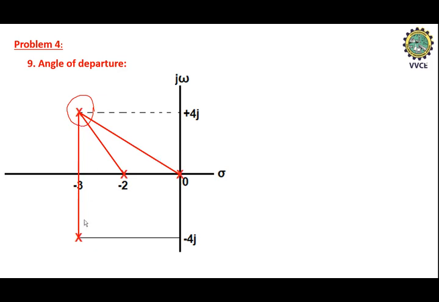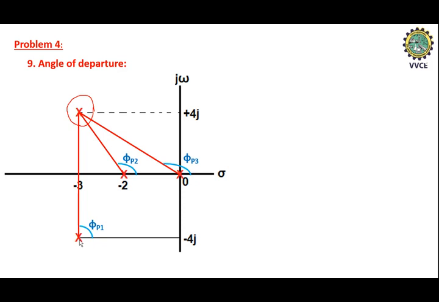So mark this, connect all the points, and with respect to the real axis and also with respect to the reference point, you need to find the angles. So the angle between this real axis and the reference pole. Find out the angles. I'll consider the first pole angle as phi p1, the second pole angle as phi p2, and the third pole angle as phi p3. So these are the three angles needed in order to find the angle of departure.